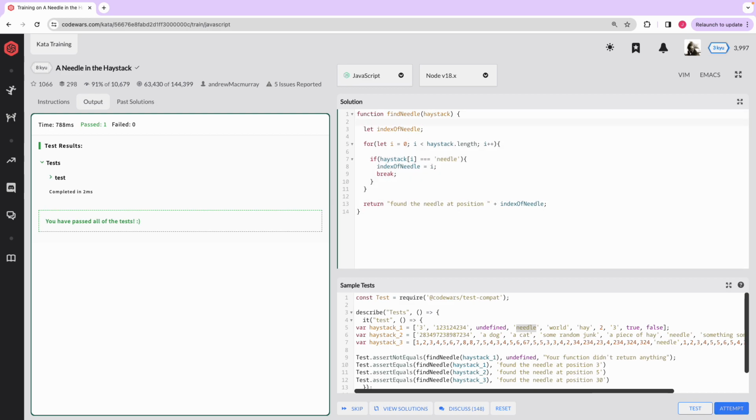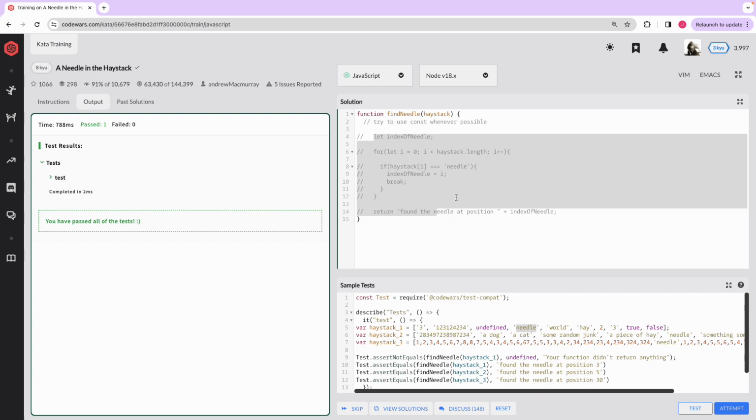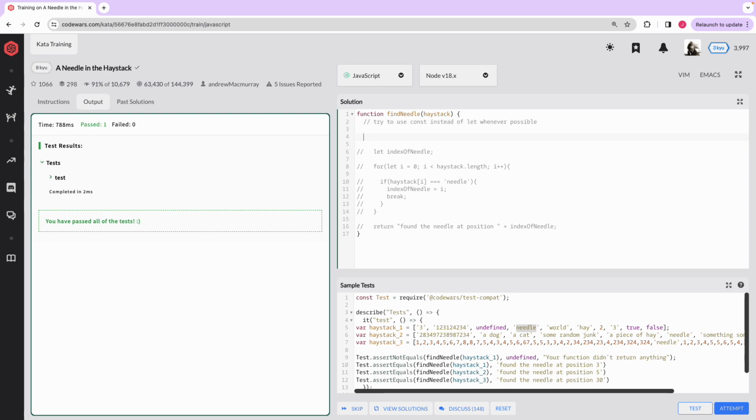However, try to use const whenever possible. So let's give ourselves a little challenge and see if we can write this solution a different way using const instead of let. Try to use const instead of let whenever possible. Now, this will require us to know a few more parts of JavaScript. The thing we're going to use is a method which will be